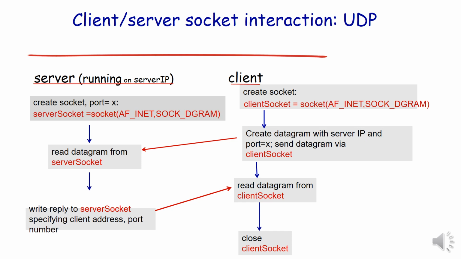Similar to the previous communication, here the server writes to its server socket along with the client address and the port number. Then it is possible for the client to read from the same socket, and once the modified data arrives at the client side, the program terminates and the socket of the client is closed. But the server is still on and not closing; it is waiting for another request.